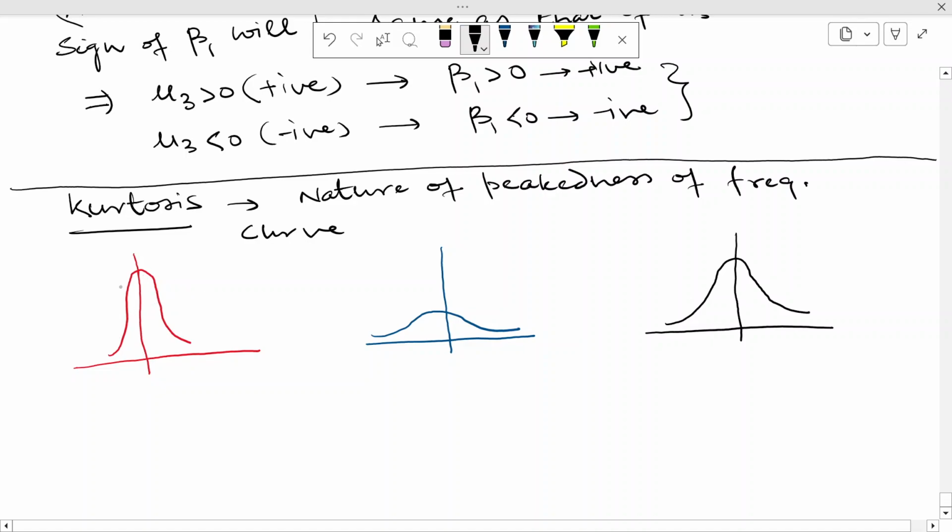We number these as 1, 2 and 3. The first is the case when the frequency curve has more height than the third one. This third curve is our standard normal curve,